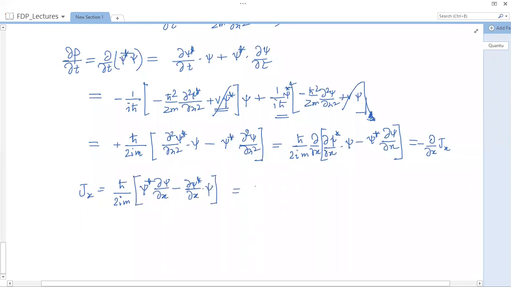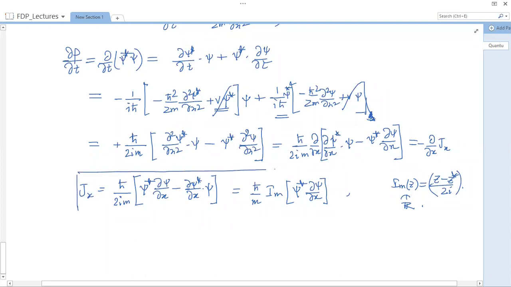which you can write as ħ by m times the imaginary part of ψ* dψ/dx, because the imaginary part of any complex number g is equal to (g minus g*) by 2i. So the imaginary part is actually a real number. So that is your current density. Indeed, we have an expression